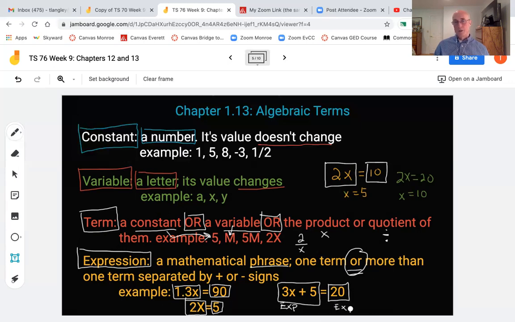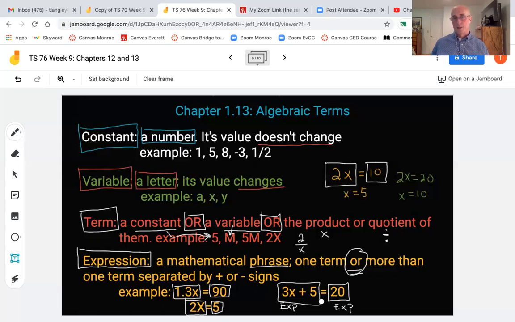You will see this on your next exam. They'll give you something like you're looking at right here, 3x plus 5 is 20, and they'll ask you to identify the expressions. 3x plus 5 is one expression. 20 is the other expression. It's the other half of the equal sign, the equation. So think of an expression as that half, where you have an equal sign in the middle. Now, sometimes they'll ask you to identify the expression, and they'll just give you half of it, 3x plus 5.